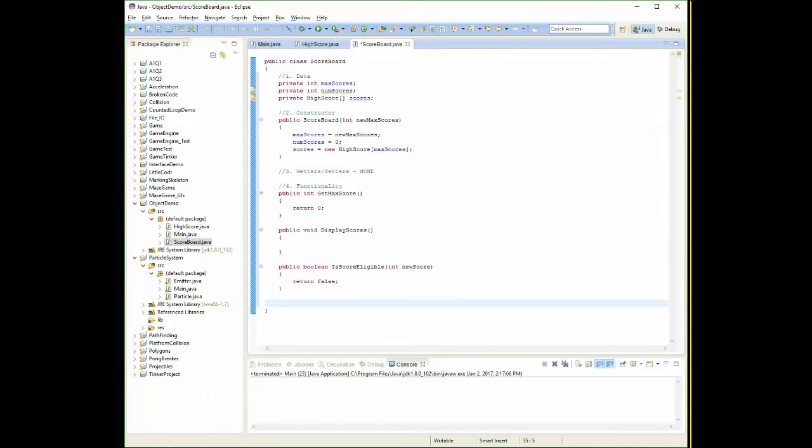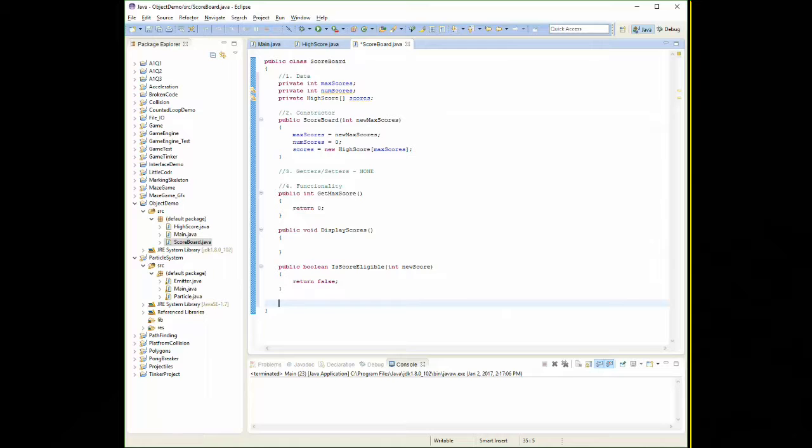So if it is eligible, we want to be able to add the new score in. Now we know that it's eligible, so we know it's better than at least one of the scores. So what add score is going to do, it's just going to insert it at the very end. It's just going to overwrite the last score in the array, because we don't need it anymore. It's gone. It's not as good as this one. So we're just going to overwrite that last one. It's the last place score, so now this is going to be technically or temporarily the last place score, but